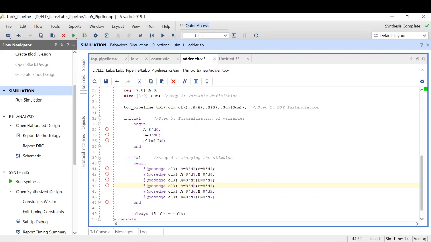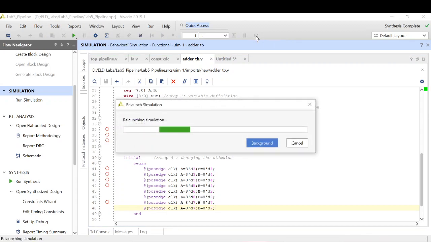This should be 5, this should be 4, that's fine. Now after saving it, let's rerun the simulation.